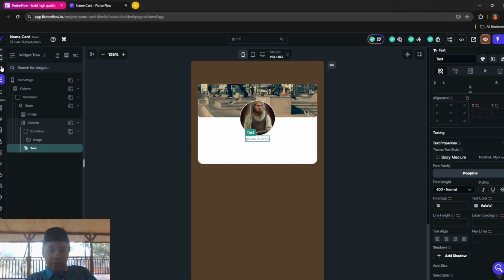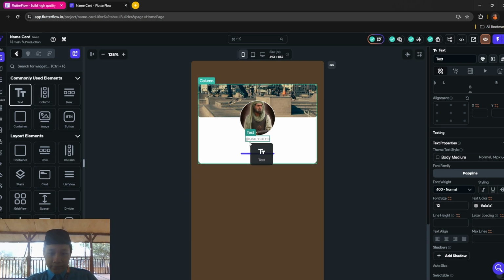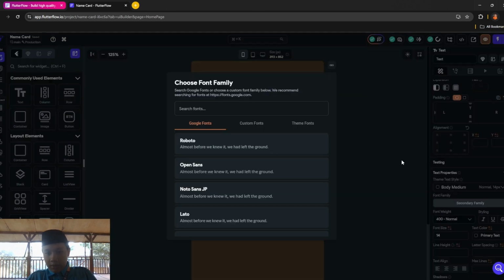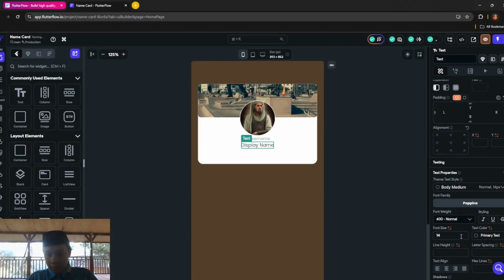And after that, you want to add another text for the name. It should look like this. And then you want to change the content to the name, like display name, and the font is whatever you like. Here, I'm going to use Poppins.